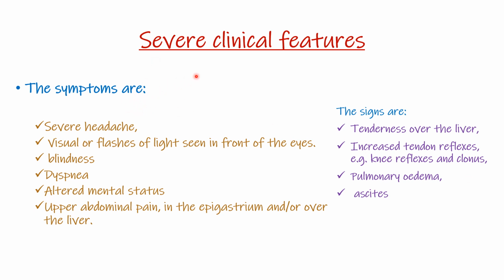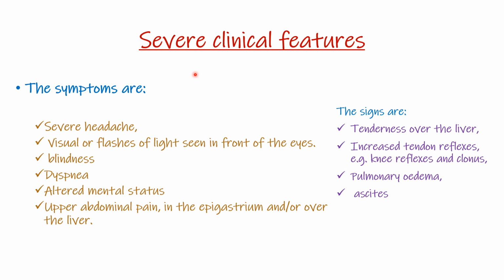So you can categorize them from head to toe, where in the head you're going to have headache, blurry vision, visual flashes of light in front of the eyes, blindness, among other factors such as altered mental status. When you go downwards, you're going to have pulmonary edema, which may be seen as dyspnea. Then epigastric pain, that is in the liver. And then when you go downwards into the kidney, in the kidney we said